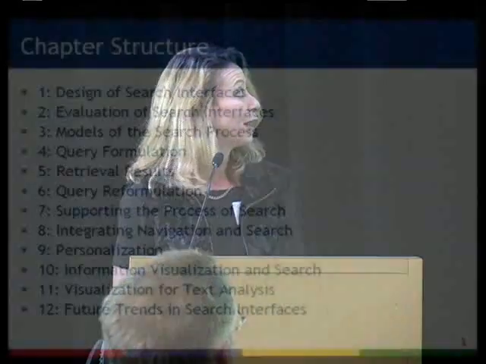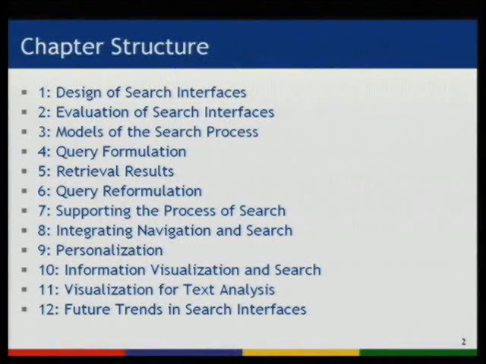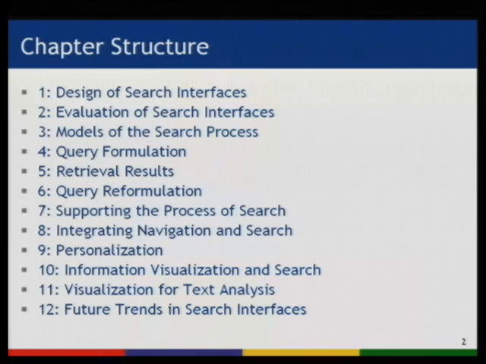I'm not going to go through the entire book, but I just wanted to show you the chapter structure. It starts with the design of search interfaces, which in itself was a little radical because most accounts of search that talk about users tend to start with models of information seeking. That's usually the first chapter. And I decided not to do that, but rather give a summary of best practices, hints about what's working best now in search interfaces. And I summarized that in that chapter.